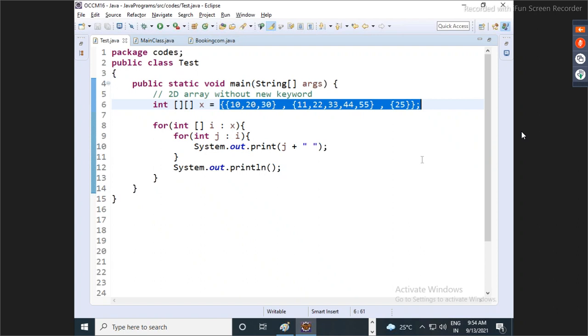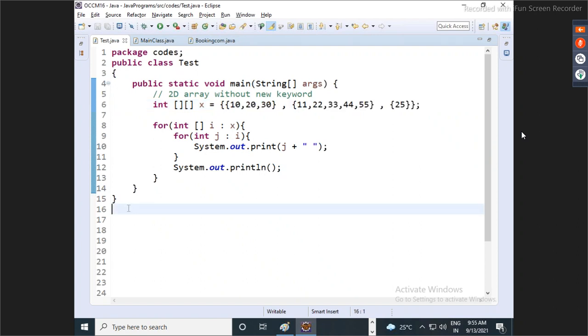This concept is called a jagged array. This concept is called what? Jagged array. So every 2D array is considered as what? Jagged array. Okay.